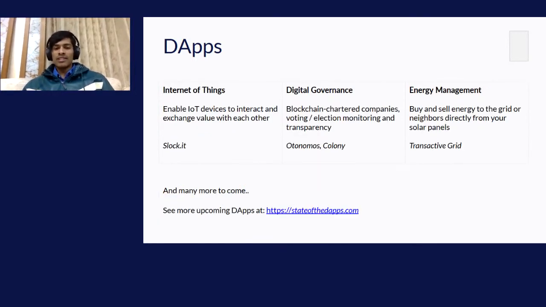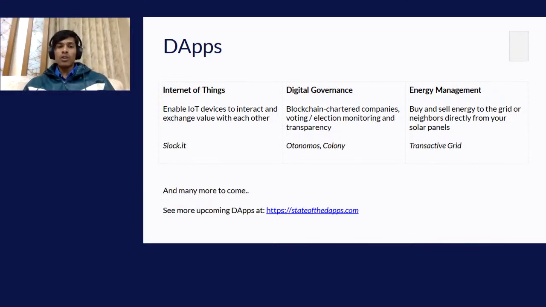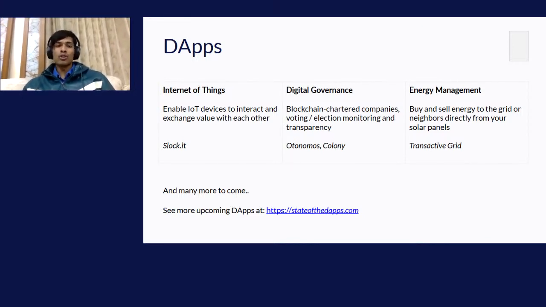Digital governance, there's a project called Aragon building a framework to spin up decentralized organizations on the Ethereum blockchain and things like that. So basically, the possibilities are endless, and it's a great opportunity. ETHIndia Online is a great opportunity for all of you to explore these things.